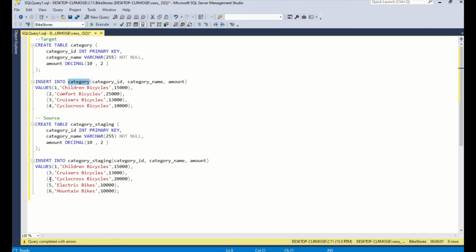If we observe here, category has ID 2, and category_staging doesn't have that row. So as per the definition, that row should be deleted. At the same time we have 5 and 6 in category_staging. As per the definition, those two rows will get inserted into category, and 1, 3, 4 will get updated.